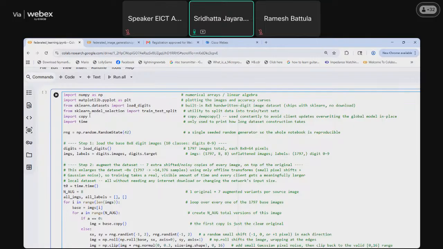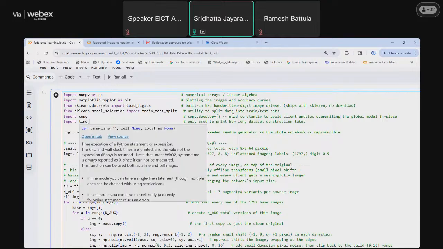Then we have two other libraries, copy and time. Copy is used for copying the global model across, as we are initializing the weights again and again, and copying the server weights down to the clients. So this copy library helps.